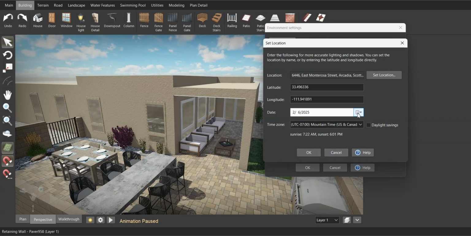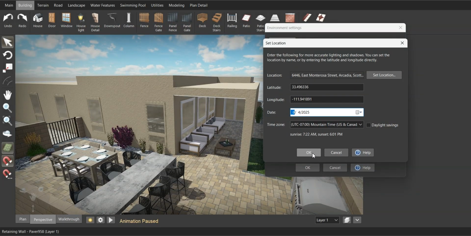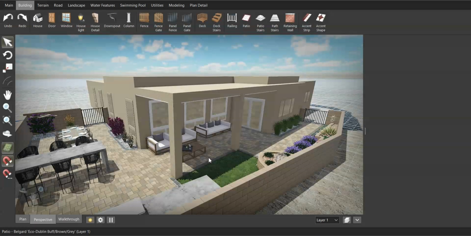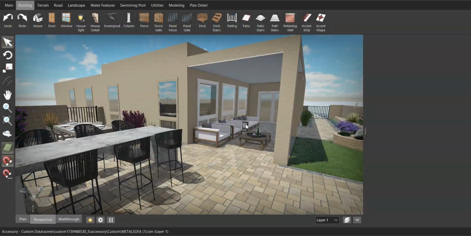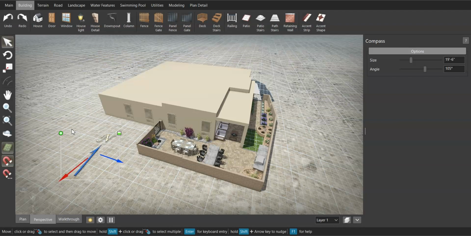during a certain date. So if we want to see how it's going to look on June 4th, we can see that, and it's going to update the sun. See, it updated it. So you can tell them exactly what things are going to look like on which day of the exact year. Now, you do have to find the exact north-south by